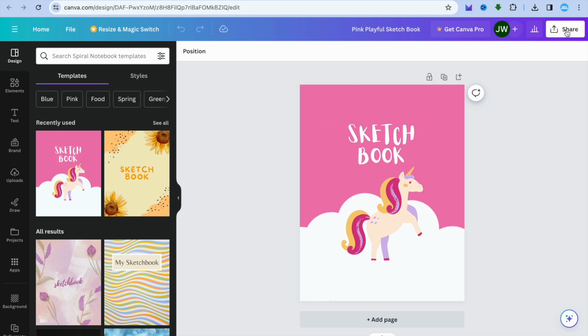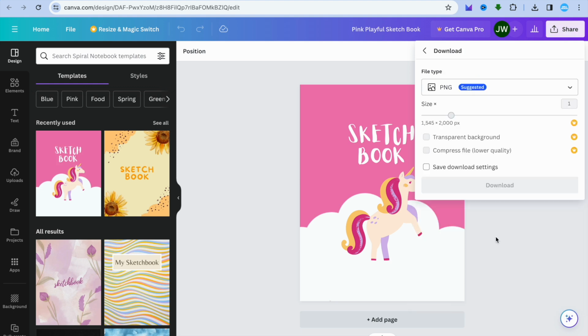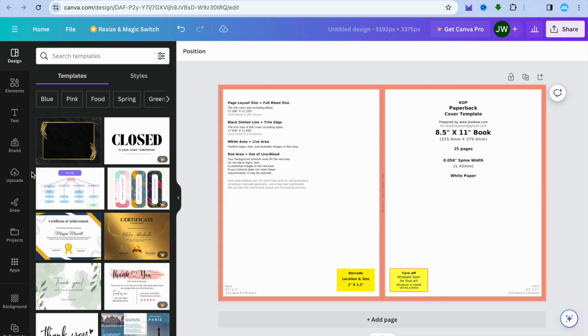But for the sake of saving time, I won't make any changes. I'll just tap on share in the top right hand corner. Then from there, I'm going to select PNG, then tap on download. Once it has been downloaded, all you'll need to do now, you're going to go back into the first page,